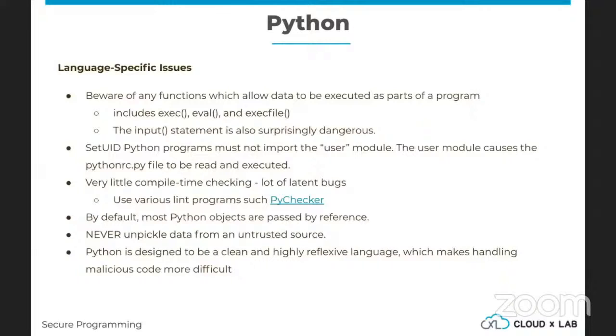When you're deserializing, the chances are that during deserialization itself, your program could get hacked, or bugs in your program could get exploited. Therefore, if this is data uploaded by the user, do not unpickle it, do not deserialize it. Python is designed to be a clean and highly reflexive language, which makes handling malicious code more difficult.